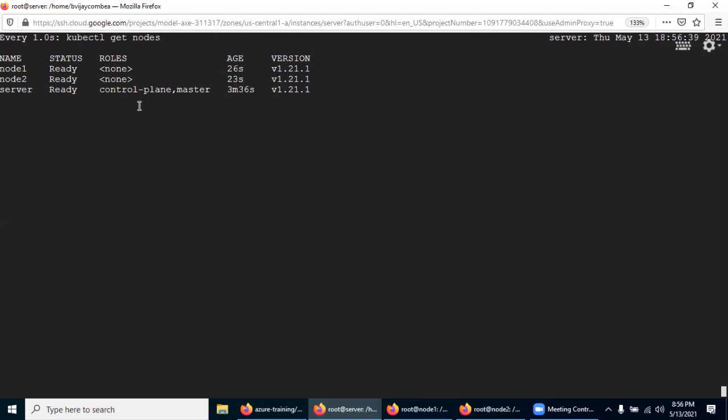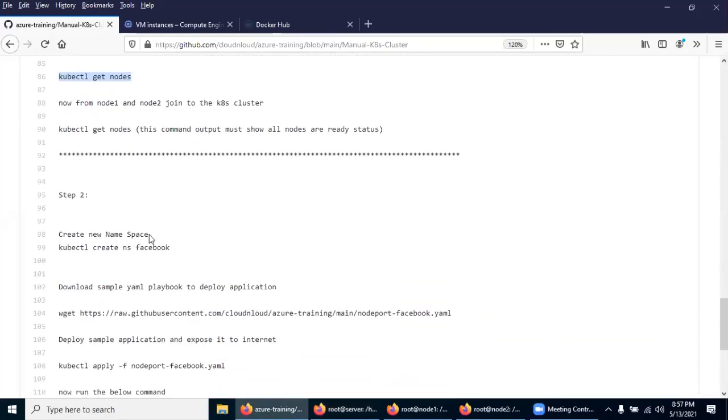So now our Kubernetes cluster, which we created manually, is up and running, and in this POC we have 2 worker nodes, node 1 and node 2, added, and the status is ready. So we'll proceed.